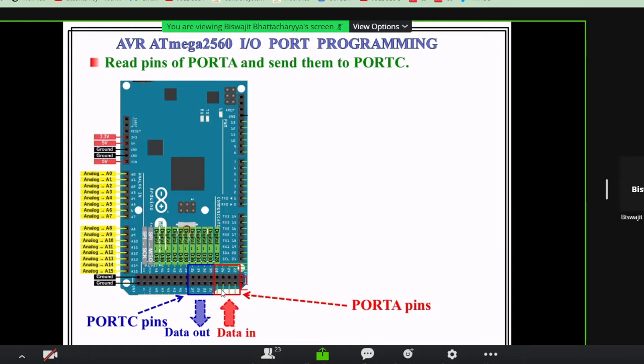So this is our pin mapping. Now let's see our program. First we use a temporary variable, d byte. It should be unsigned char type. Why? Any character variable is an 8-bit variable. First thing, any character variable is an 8-bit variable. And what is the range of the 8-bit variable?